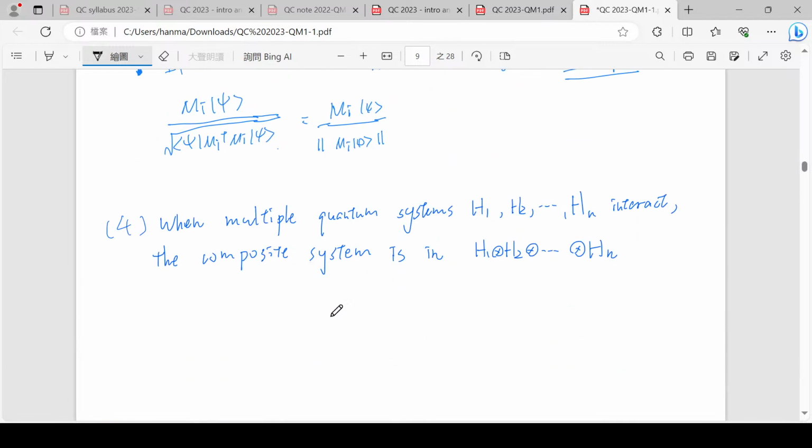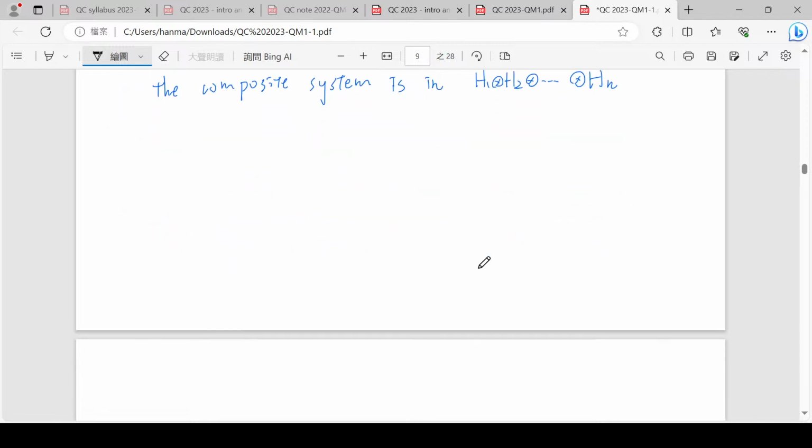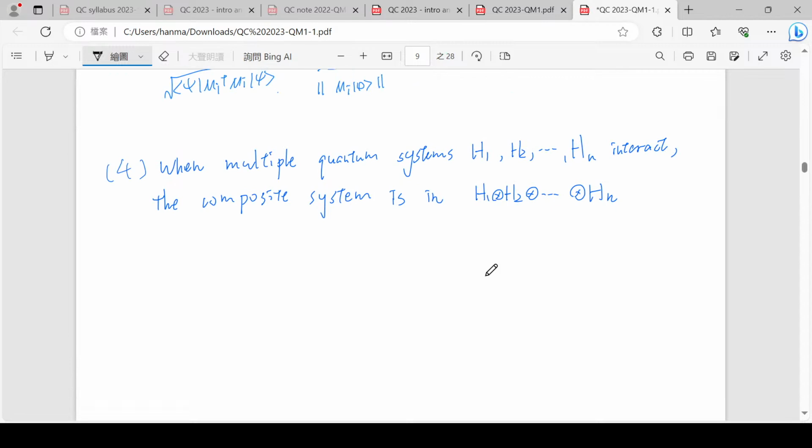And finally, we have this fourth property that says that when we have multiple systems with Hilbert spaces H1, H2 to Hn, and we think they interact with each other, then the composite system's Hilbert space is H1 tensor H2 tensor to Hn. And this is why we need to talk about tensor products. Okay, and I guess a quick example. You have a qubit. A qubit has H1